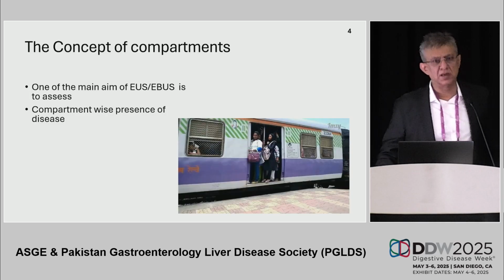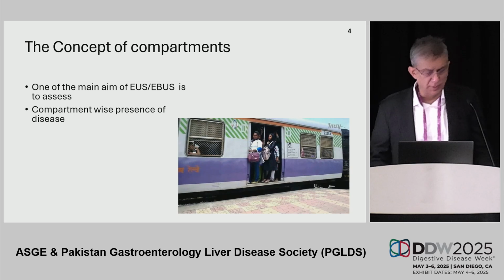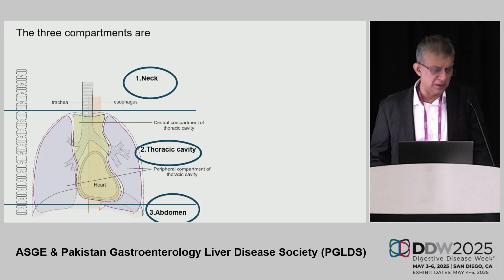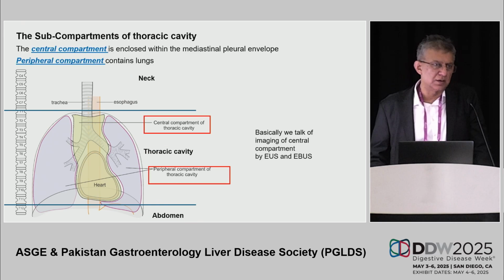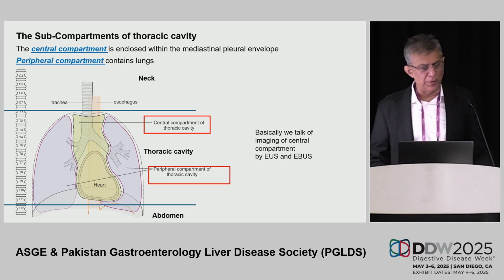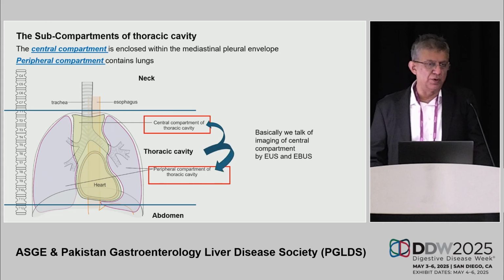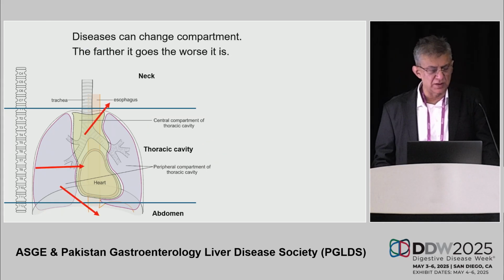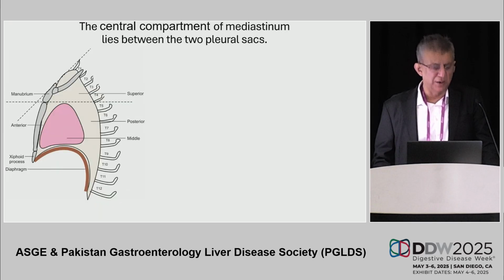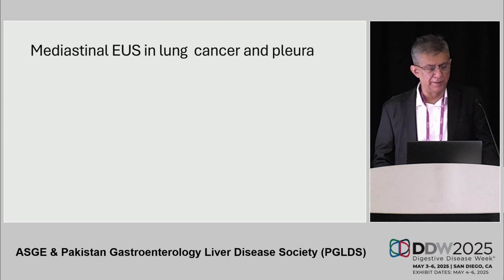So we have to understand the concept of compartment. When we are talking of mediastinum, where is the disease present, in which compartment? There are three: neck, thoracic cavity and abdomen. And within the thoracic cavity, there is a central and a peripheral compartment. So a central disease spreading to peripheral, or a peripheral disease spreading to central, is a change of compartment, and that is what we want to know, whether there is a change of compartment so far as disease is concerned. And broadly, if there is a lung disease coming to the central compartment, it is inoperable, or any compartment change makes the disease inoperable. That is the principle, and that is why the concept of compartment is important before we